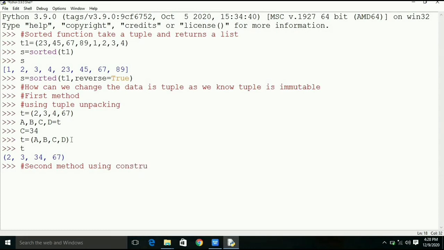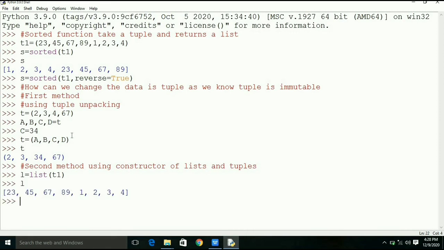As we know, list is mutable. In the second method, we are changing the tuple to list, and we can make changes to the list, and again by using constructor method tuple, we can change the list to a tuple. First, in the example, we are changing the tuple to list. L is equal to list T1 will do this job. Now we can print the list.